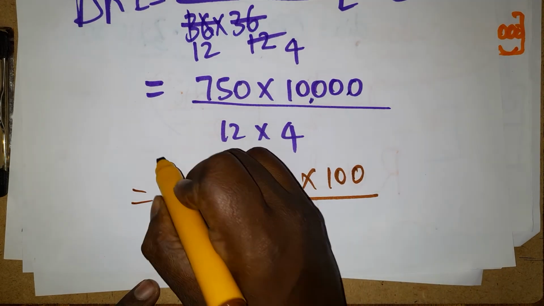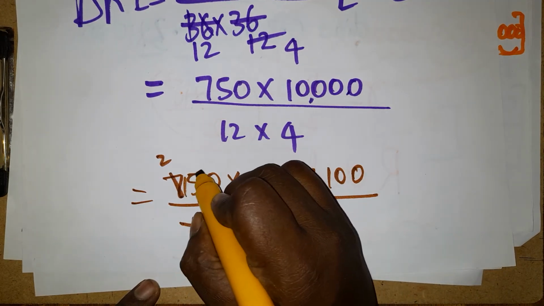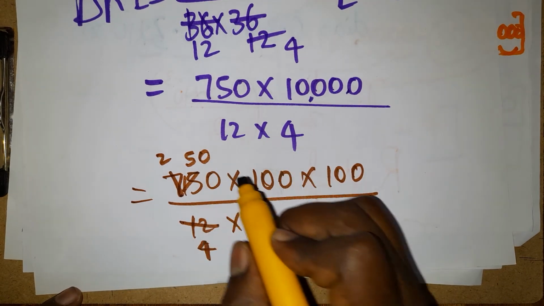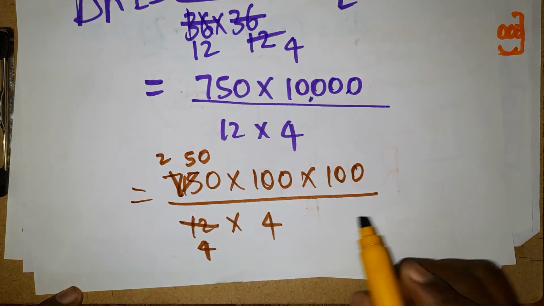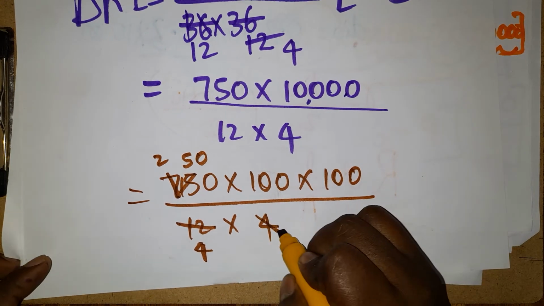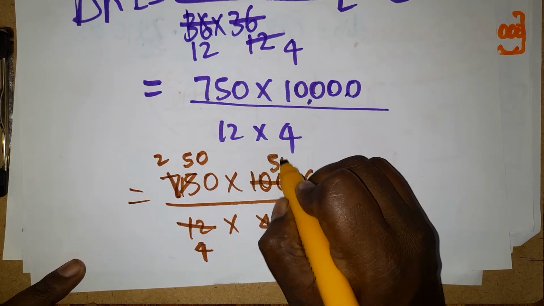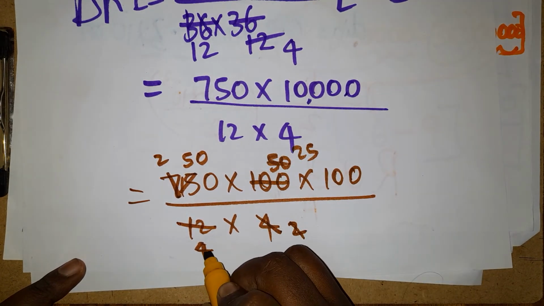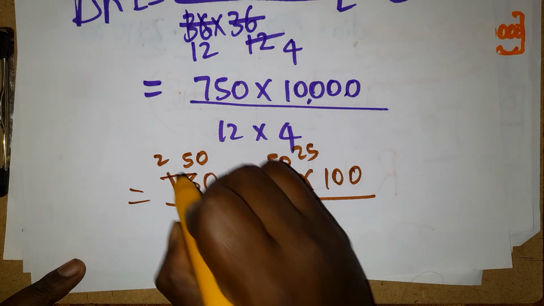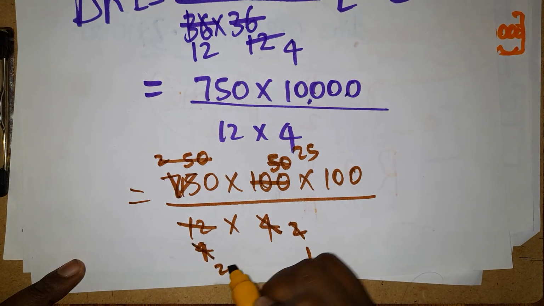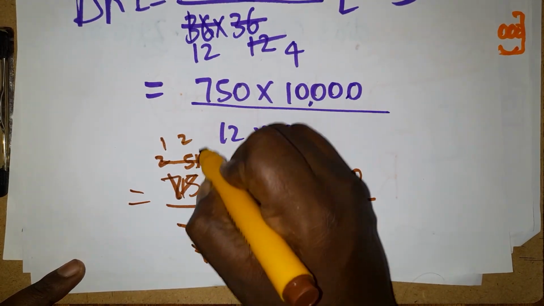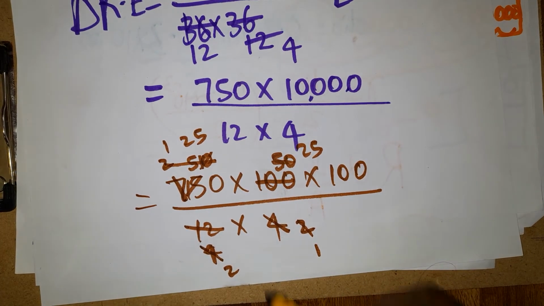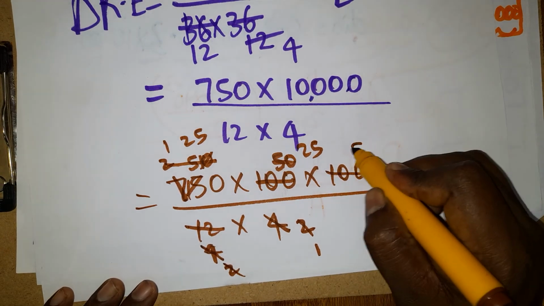This will be 2 times and 5 times 250, 3 tables. So 250 into 3 will get 750. Now here I am cancelling 2 tables. Here 50 we will get. Again I cancel, 1 will get, 25 will get. Here 4 is there. If you use cancellation, 2 tables, 2 will be there. 1, 2, 1, 5, 125. Next step, this 2 and this 100 will get cancelled, 50.